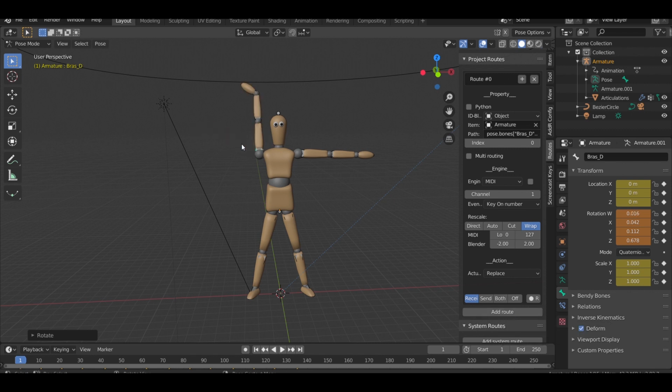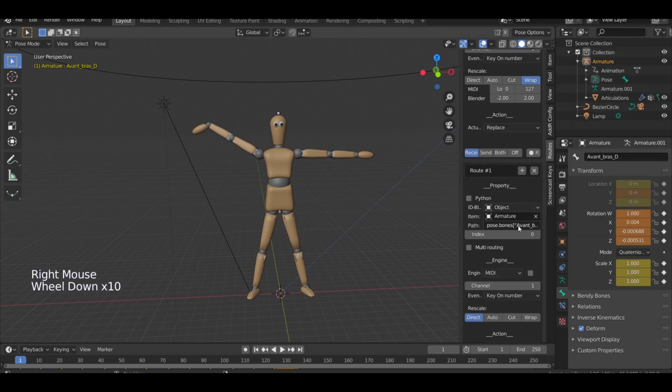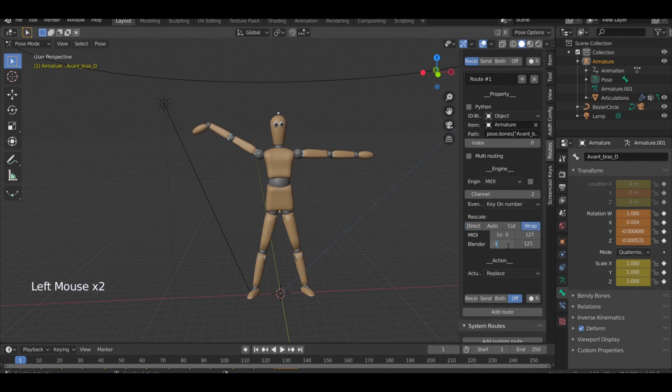So it's kind of fun. Now we can take this one and add a route again to rotation, and let's just do index 1 again, which is W, which I'm not sure what W rotation is. Probably be nice, but that's the second note. And then we are going to do the same kind of thing. Let's just do -1 and 1, and it scales it from 0 to 127 to -1 and 1. Very useful. And then receive. So now this is the first note. Those are all separate notes, but now if I hold them down,